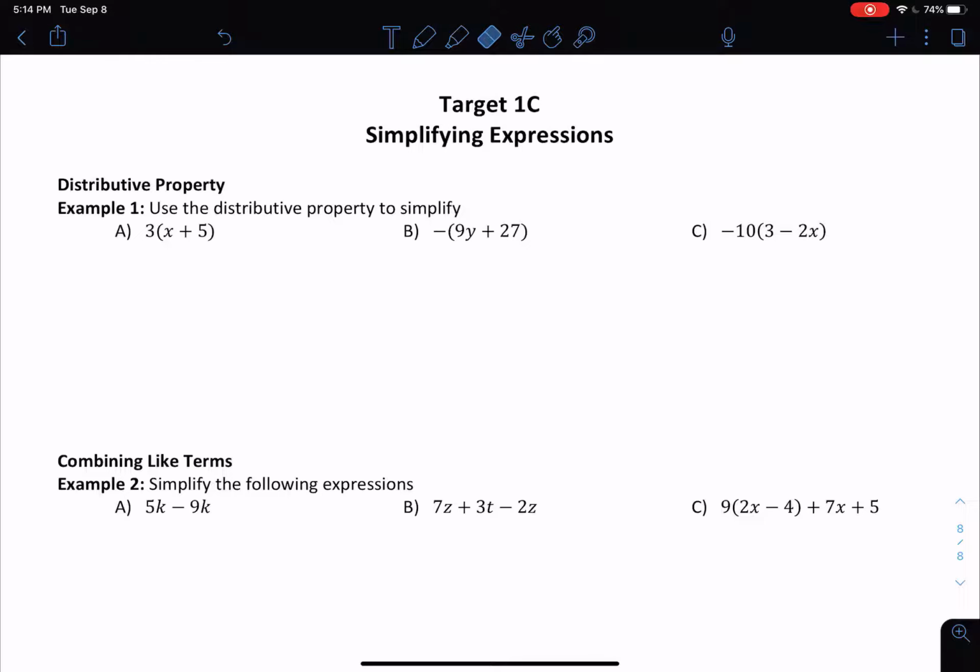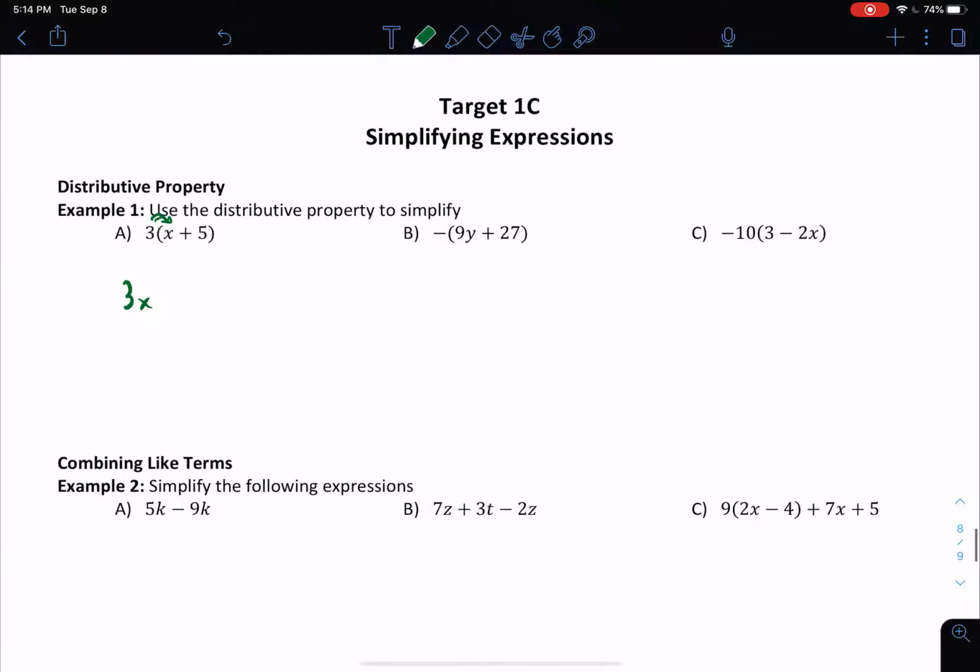So I'm going to distribute that 3. I'm going to take 3 times x, which is going to give me 3x, and 3 times 5, which is going to give me, oops,